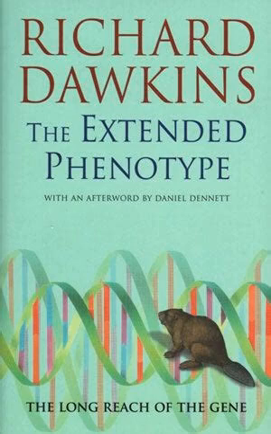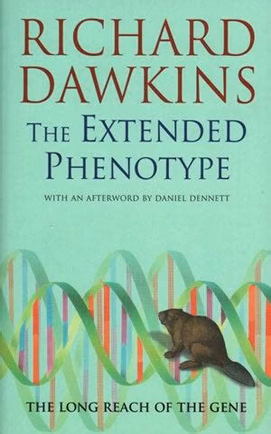The Extended Phenotype is a nonfiction book written by evolutionary biologist Richard Dawkins, published in 1982. In this book, Dawkins expands upon his earlier work on the gene-centered view of evolution, arguing that the influence of genes extends beyond the individual organism and can be observed in the behavior and traits of other organisms and even in their environment. Key points covered in the book include: